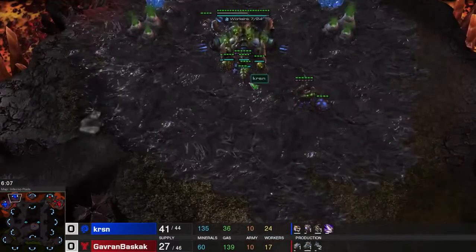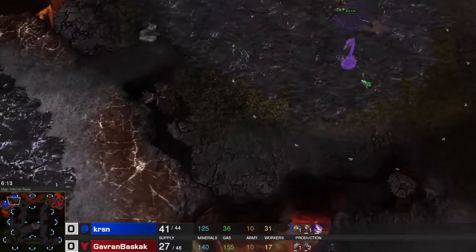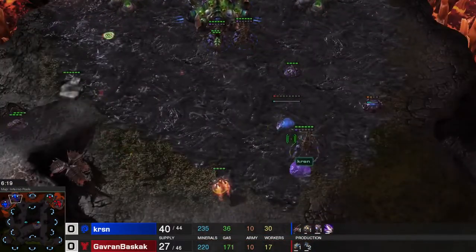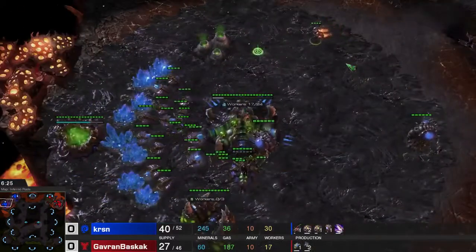Yeah, this Reaper's not going to be able to get anything done. There's 2 queens at the natural, and there's 1 in the main. The best thing possible for GavranBaskak would be to just scout 3 queens at the natural. He's going to come up in here and see...